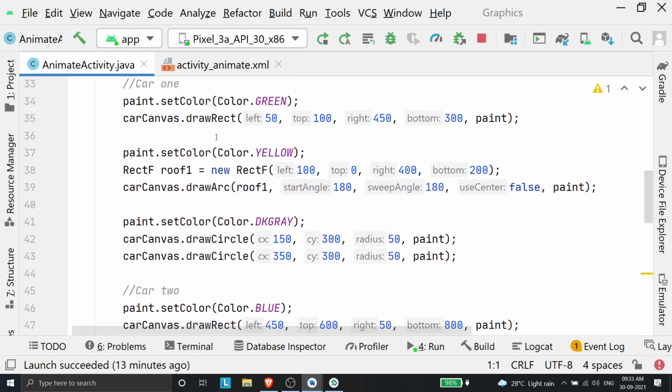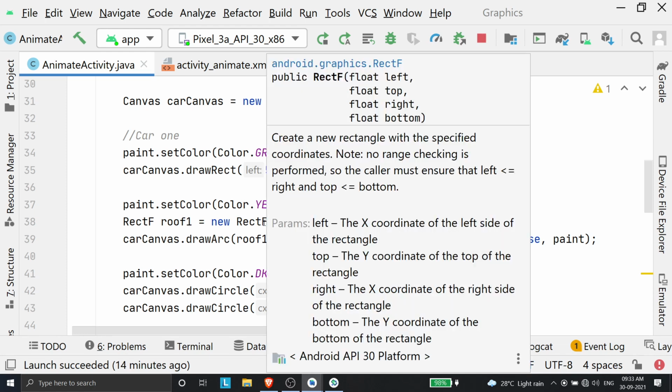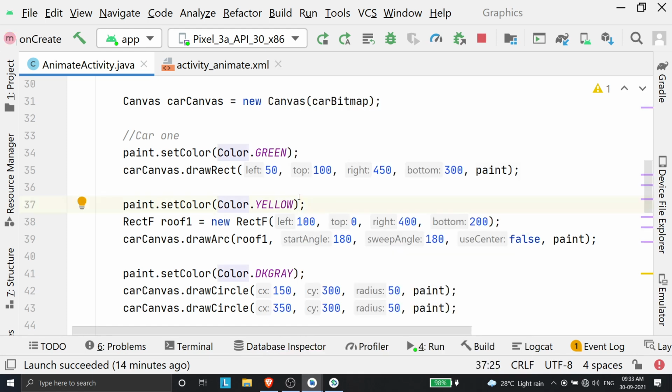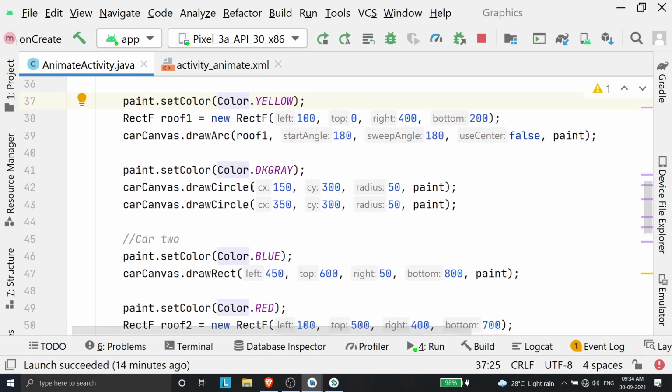The first car I'm specifying with color green, which is basically this thing, the rectangle that draws the car's body. The yellow thing, this rectilinear arc, is basically the roof of the car. This is basically a rudimentary car. Don't expect high quality graphics or something. The next one is basically two circles for the wheels of the car.